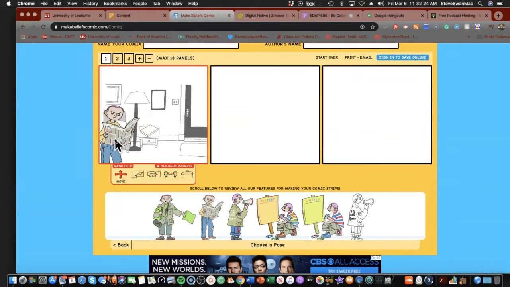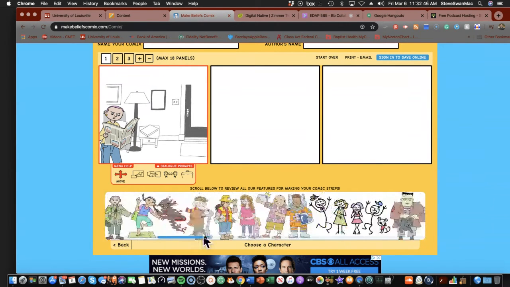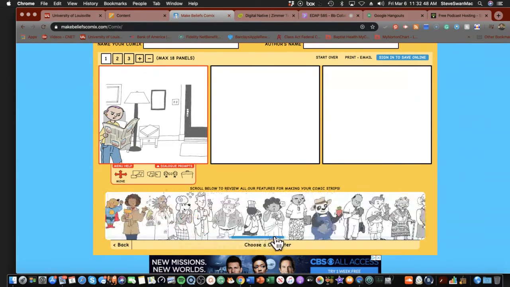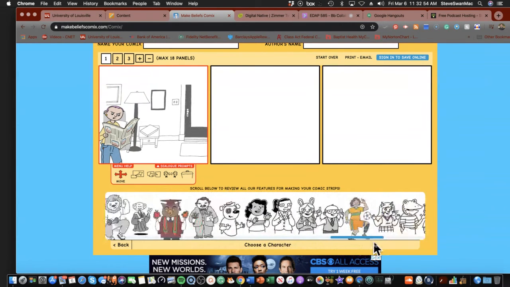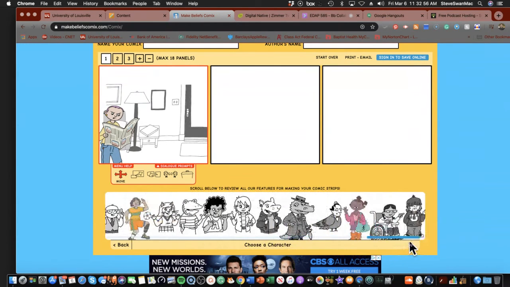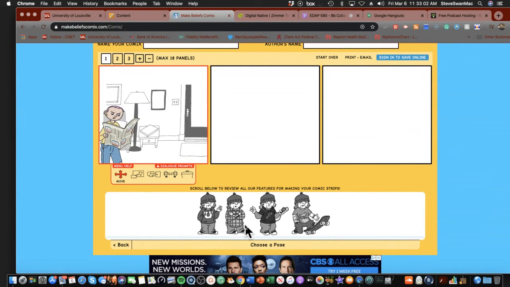Now I can move him around on the screen. Down here, I can change his size. I can change if I need to put it in front of something, and I can flip it. Okay. So let's get another character that we can have in here with him. And let's see if I can find my little guy again. There he is. So I'm going to put him in as well.